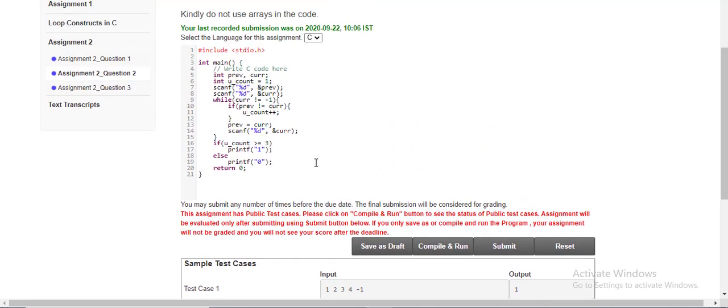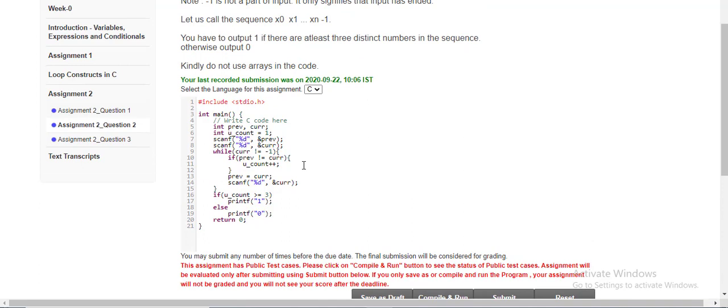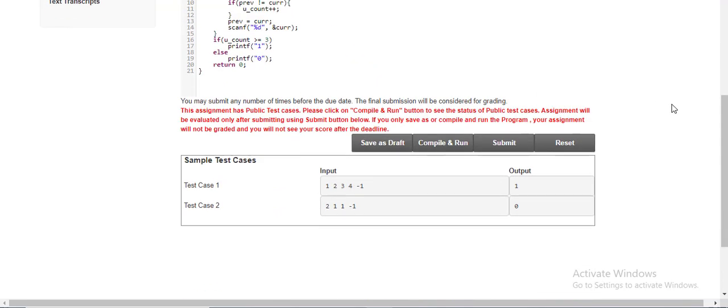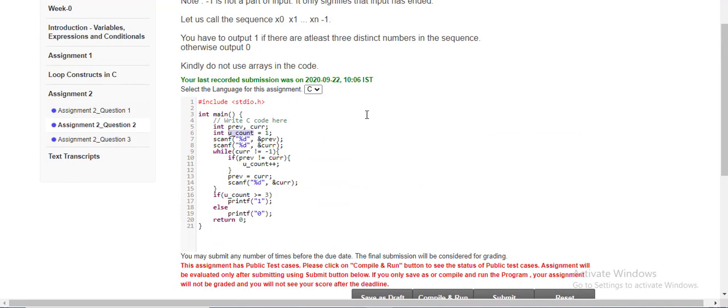Here is our program, and first of all we have taken the input of the previous and current element. Then we have taken one variable called uCount, which is basically 1. According to this condition, you have to output 1 if there are at least 3 distinct numbers in the sequence, otherwise output 0.